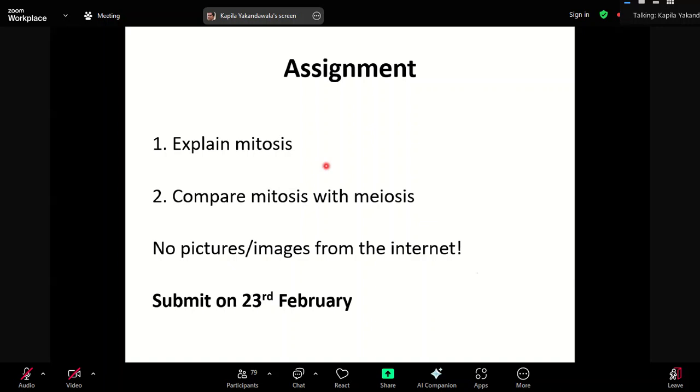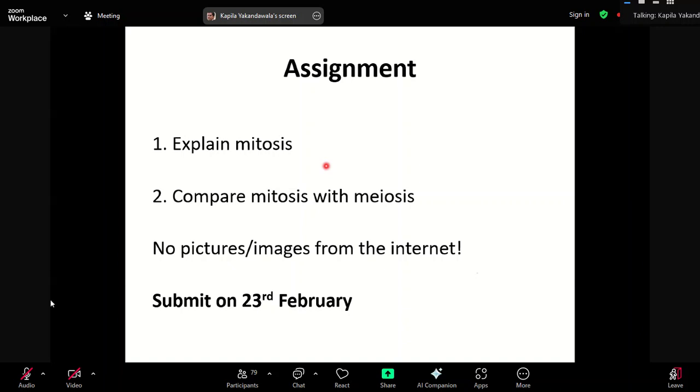This is the assignment. Explain mitosis. You can refer to the book and explain. Then compare mitosis and meiosis. Just now we discussed it. And you can submit the answer when you come to the class